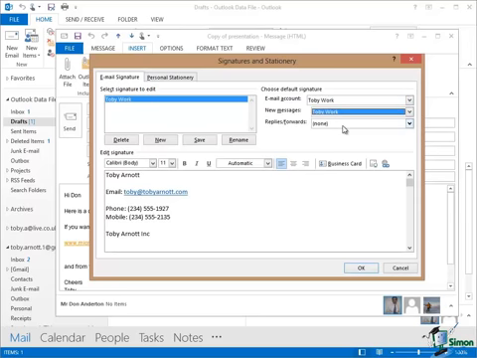Now apart from including it as the default signature with this particular account, so Toby Work will get the Toby Work signature, I can also specify that the signature should be used when I reply to or forward an email. So here under replies and forwards I can also say that that signature should automatically be included. Now on this occasion I'm not going to do that. I'm going to decide on the occasion whether I want to include a signature or not, but this setup here will ensure that for all new emails for my Toby Work account, the Toby Work signature will be used. So click on OK,